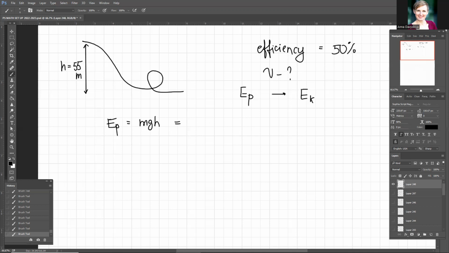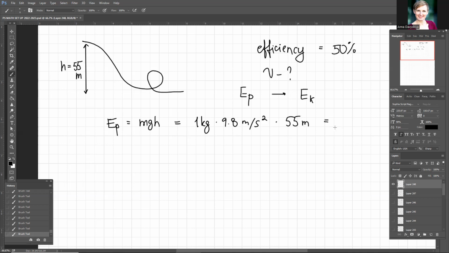And now I notice that I write the formula mgh, that m is not given. There are multiple ways to go about it, and I'm going to show you one very untraditional method. You can just take m for any number. It's not given because potentially in future calculations it will disappear, cancel each other, but maybe we don't see it right away. So for that reason, let's just take m for any number. How about 1 kilogram? It could be 10, it could be 100, it could be any number. So I'm taking 1 kilogram,